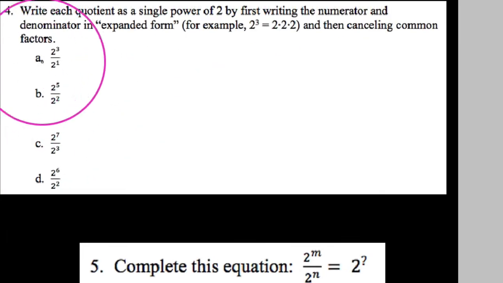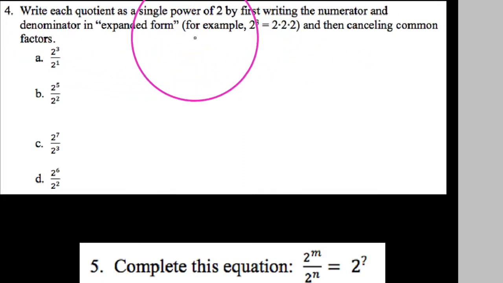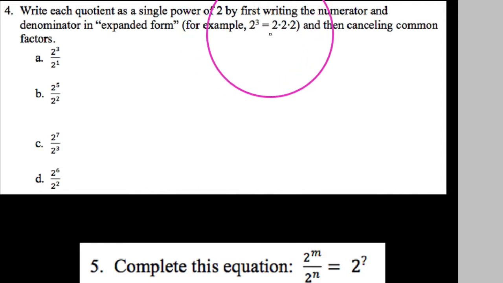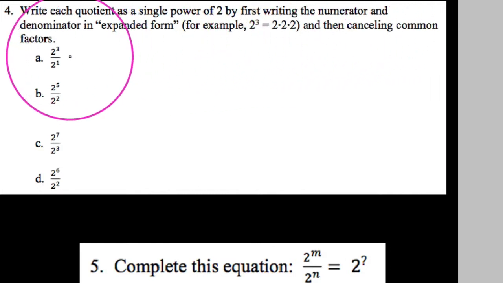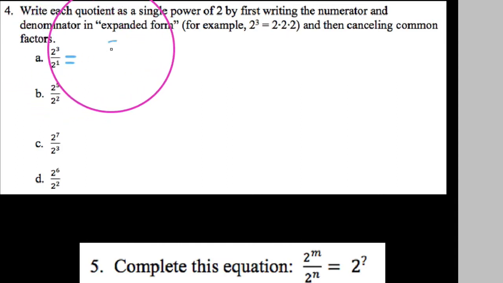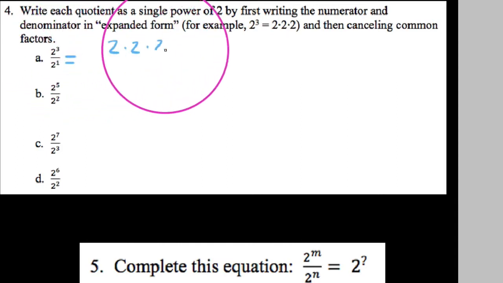So moving forward, we're just going to talk about the quotient property here. Quotient, remember, means divide. So on number 4, you notice I say write each quotient as a single power of 2 by first writing the numerator and denominator in expanded form. So for example, 2 cubed would be 2 times 2 times 2, but then canceling out common factors. So in this first instance here, we see that we have 2 cubed, so that's 2 times 2 times 2